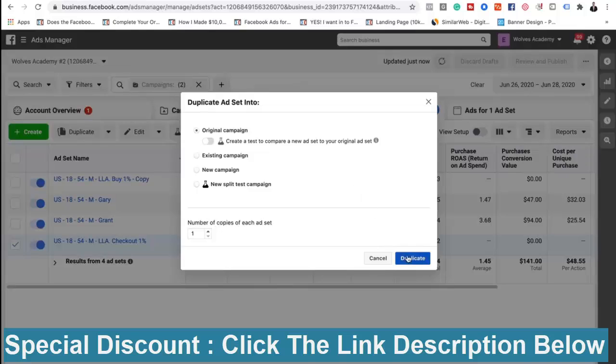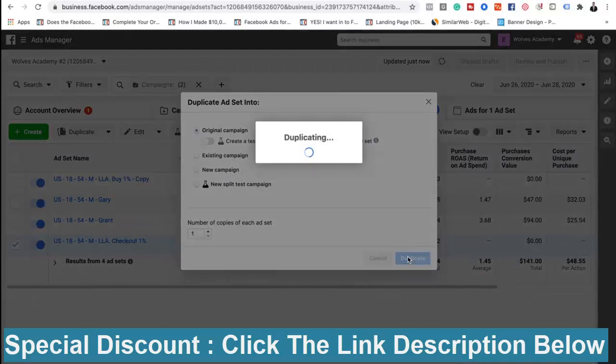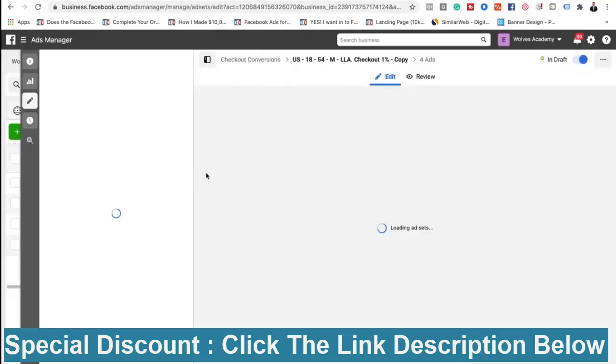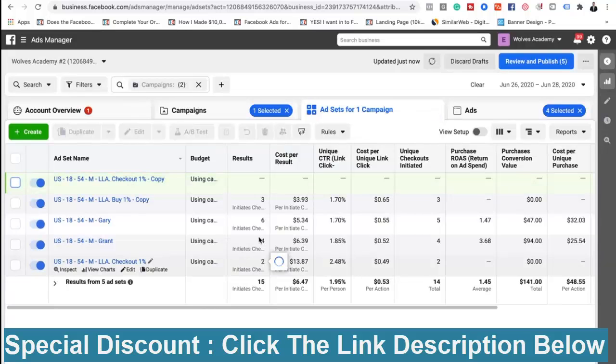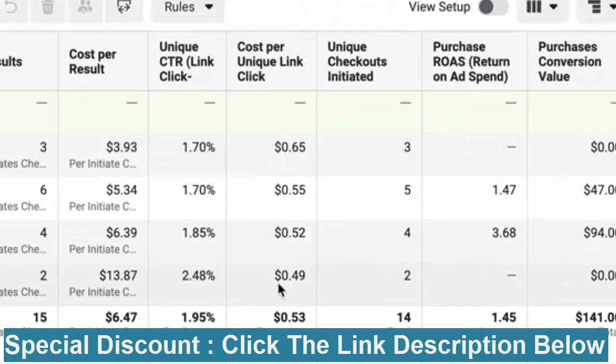And one thing is, if we're ever deleting something, there's a couple things that we want to do. Number one, see if it's out of KPIs. But sometimes even if it's out of KPIs, but it is getting purchases, then we'll go ahead and actually keep it. But that's not the case in this one. If you notice, we have 2 checkouts compared to everything else. The cost per click is 49 cents, so it's actually the lowest cost per click, but